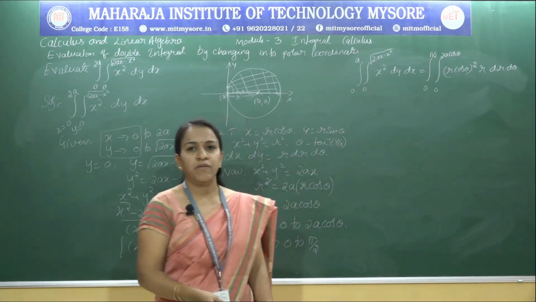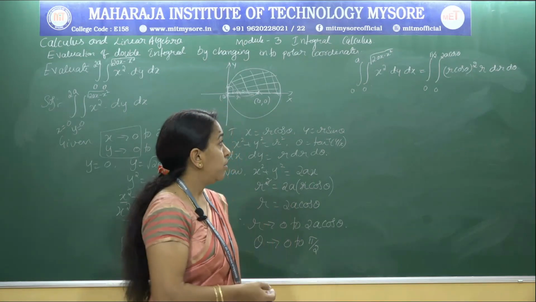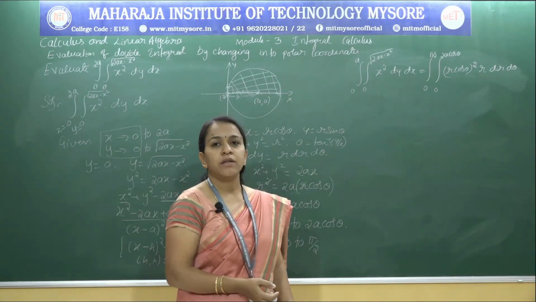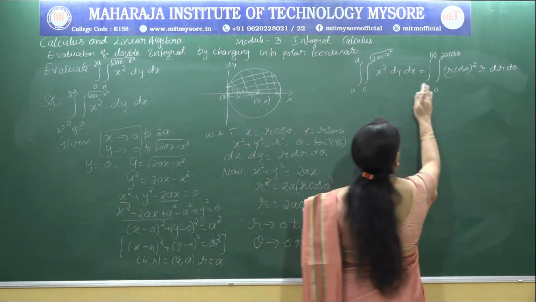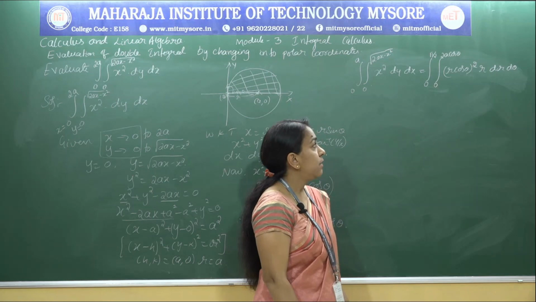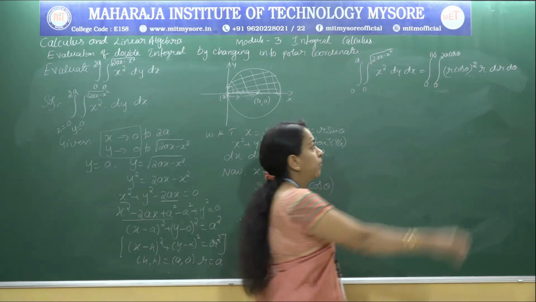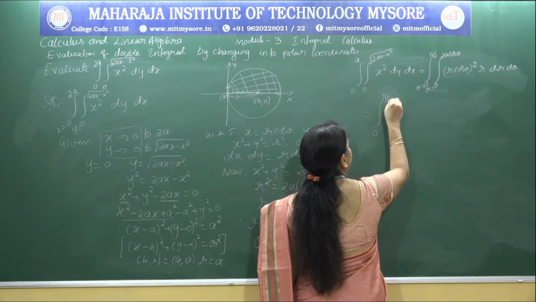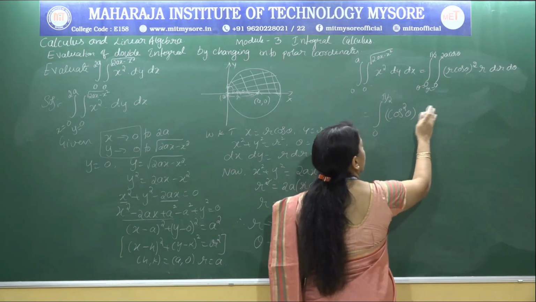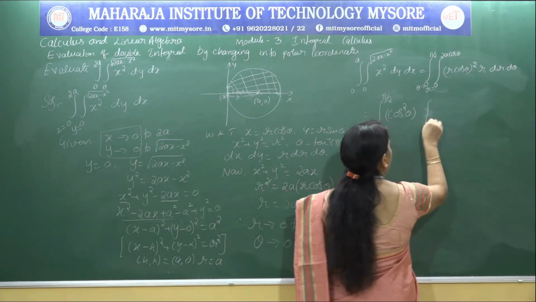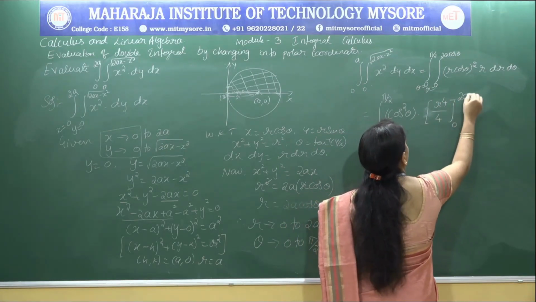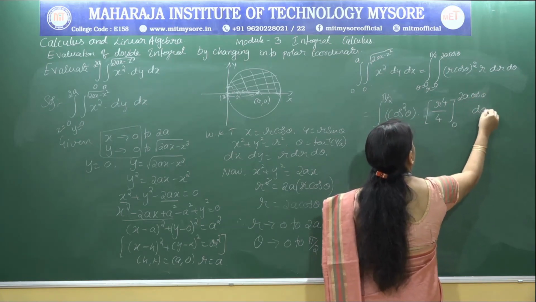Now, as we did in the previous problems, here we can't separate the double integral as a product of single integrals because one is a constant limit and another one is a variable limit. So we can't separate them, we should evaluate one by one. So keeping theta constant, integrate first with respect to r, that is integral 0 to pi by 2 will remain with cos square theta into r square into r, that is r cube, integration r to the power of 4 by 4 between the limit 0 to 2a cos theta d theta,